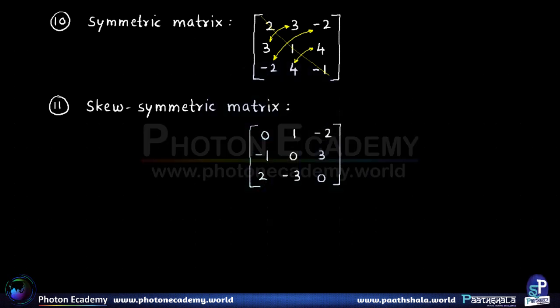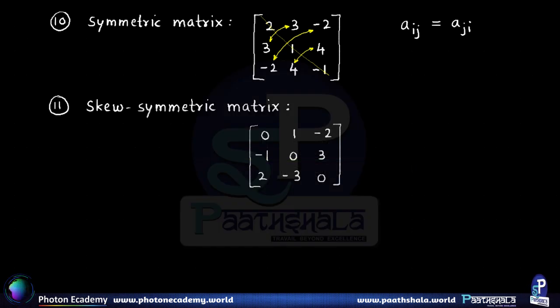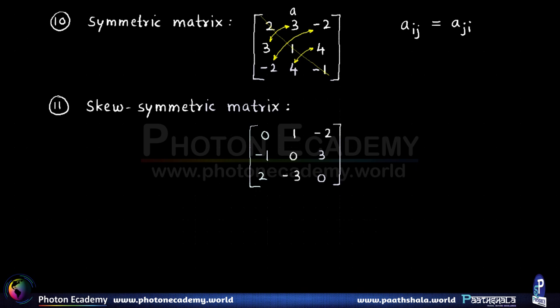Because there is a symmetry around the diagonal. Right. Now the symbolic way to define the symmetric matrix is that aij should be equal to aji, which means whenever we interchange the row and column number, we are basically getting the element which is in the mirror position of the original element. And if these two elements are the same, then it means the matrix is a symmetric matrix. Right. So as an example here, we have 3, which is the element a12, and this other 3 is the element a21. So here we see that the row and column numbers are interchanged.